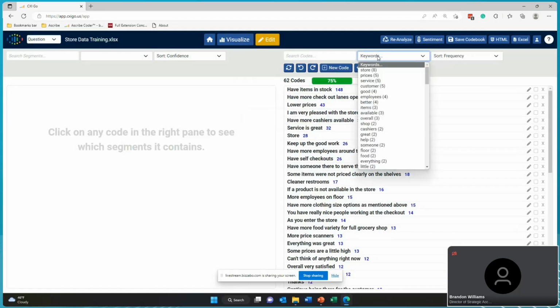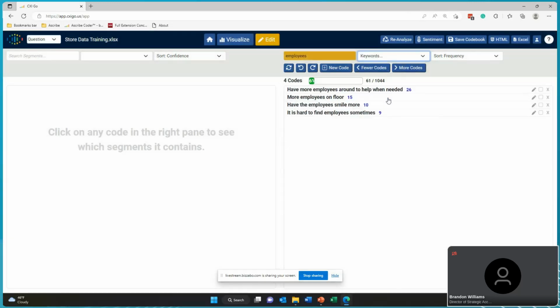I'm actually going to use the keyword drop down here, and I'm going to see one about employees, and I'm going to grab that. So we see 4. Now, what that's telling me is that there are 4 themes that have employees included in it in some variation. So the system's already going to narrow it down for me. But again, I'm just going to do another quick search, employees and staff.